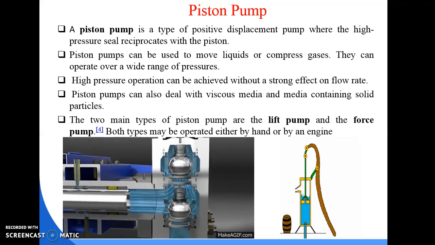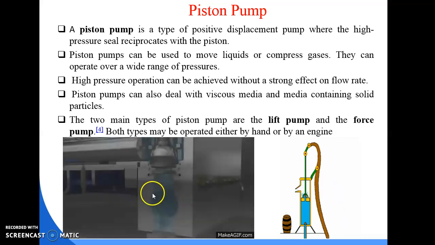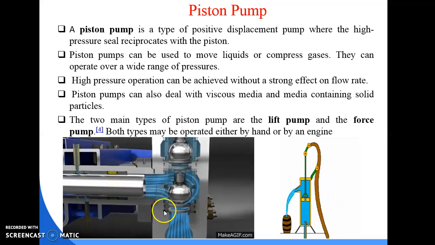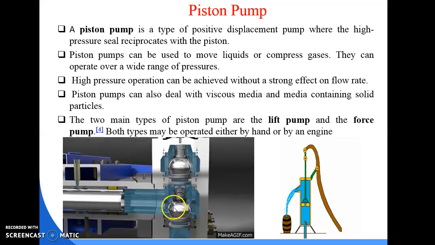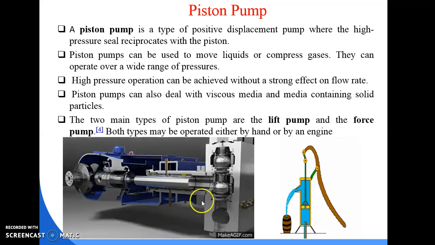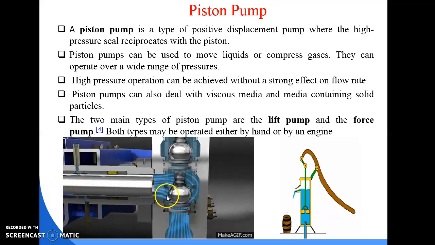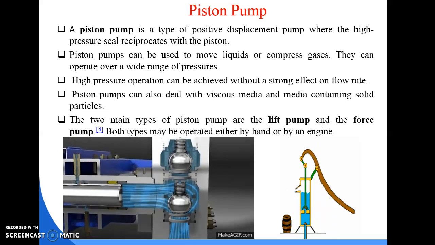The suction and delivery process of liquid is carried out by the reciprocating action of the piston inside the cylinder, and during the suction process the piston moves from right to the left, and during that time suction takes place. The suctioned liquid will be forced out while the piston is moving from left to the right. In this way we get the high pressurized liquid at the outlet or delivery valve of the piston pump.